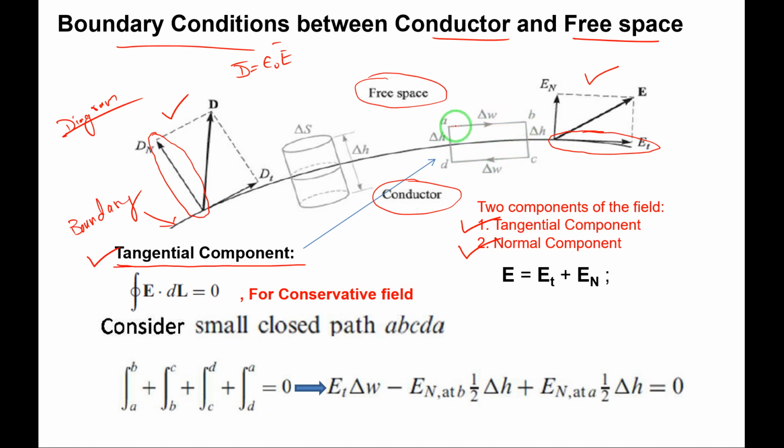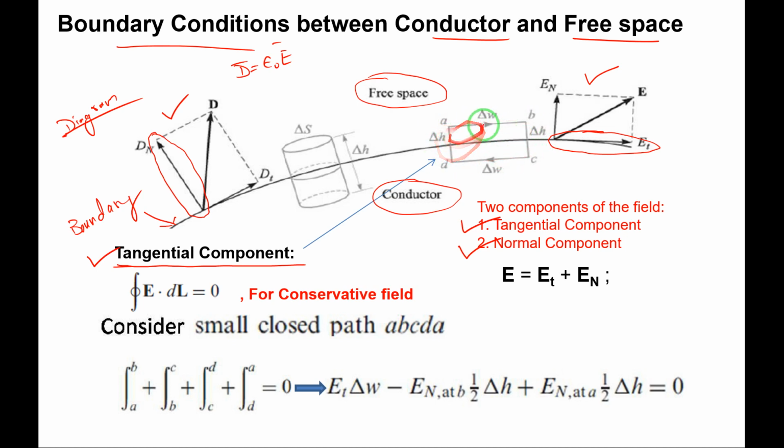So let me call this width delta W from A to B and C to D, and the height B to C or A to D is delta H, the total height, right? But this delta H is almost negligible, and if it is equal to 0 it will come to the boundary only, right? We will assume that delta H is very small so that we are concentrating only on the boundary conditions, right? But this width is delta W. Yes, I want to move the charge along this path from A to B, B to C, C to D,